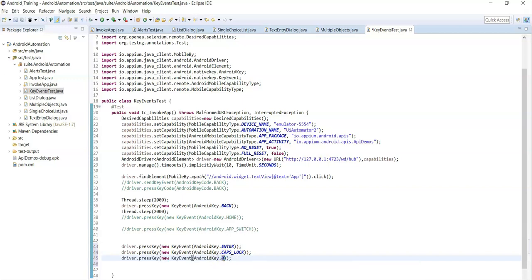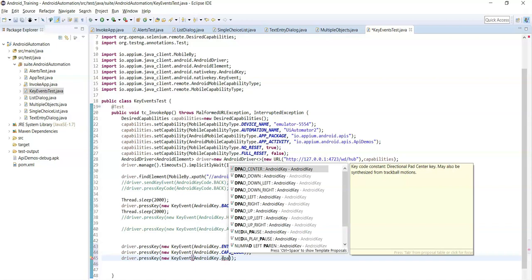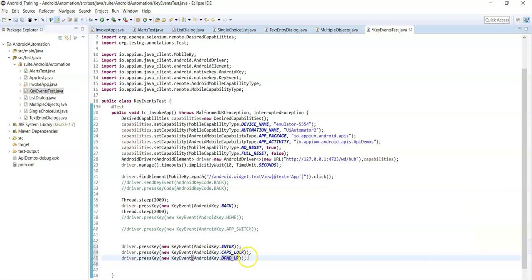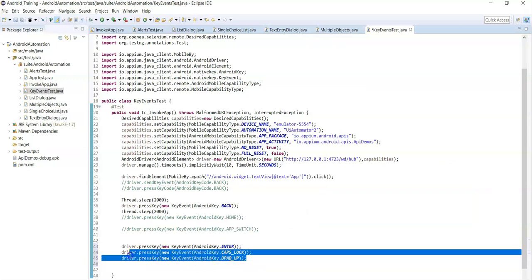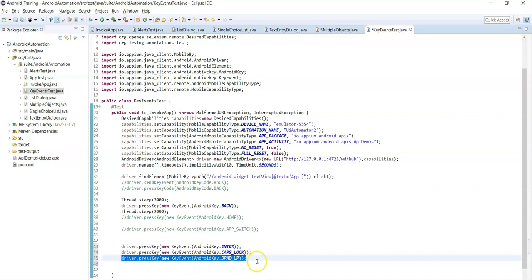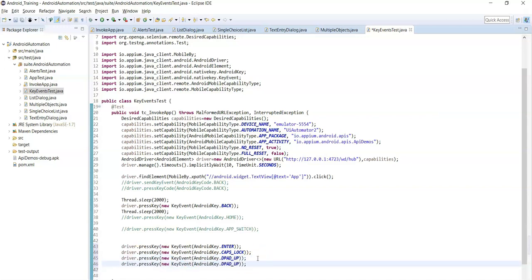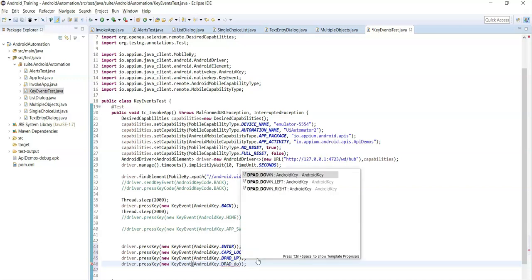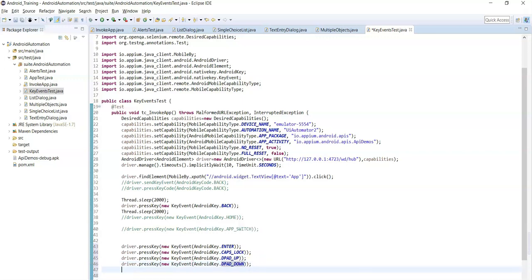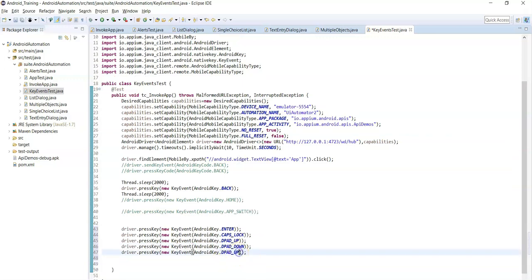D-pad up can be used to simulate the up arrow key. Similarly, D-pad down to simulate the down arrow key. If you want to simulate the left arrow, you can use D-pad left. You can use D-pad right similarly to simulate the right arrow.